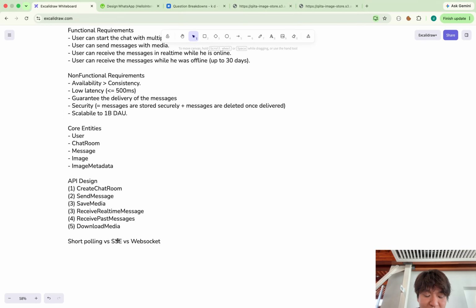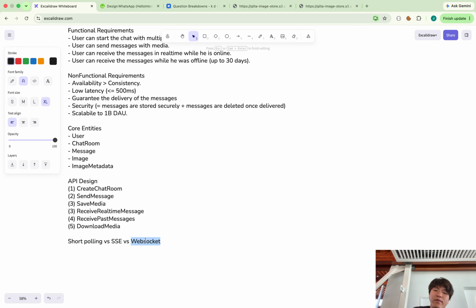Okay, so that is SSE. For WebSocket, actually, this is not based on HTTP. For layer 4, this uses TCP, which is the same as HTTP, but layer 7 is different. And WebSocket can be used for a bidirectional connection. With the WebSocket connection kept alive, the client can send as many messages as it wants, whenever it wants. So this is a WebSocket.